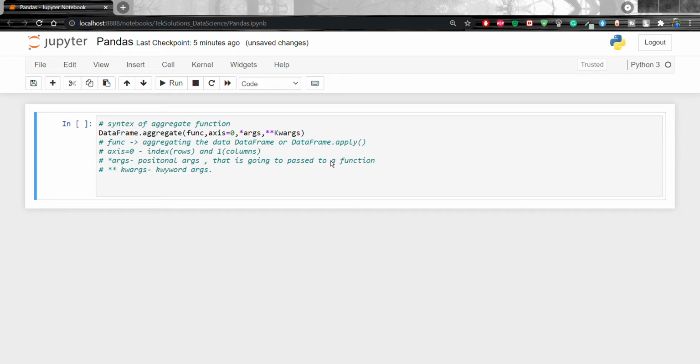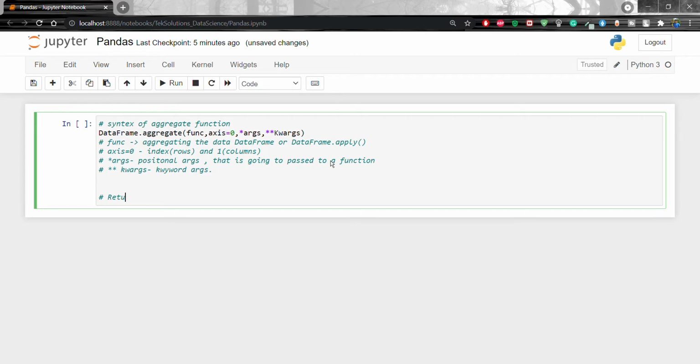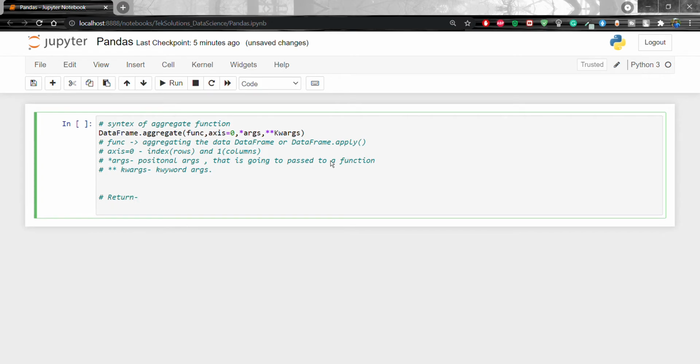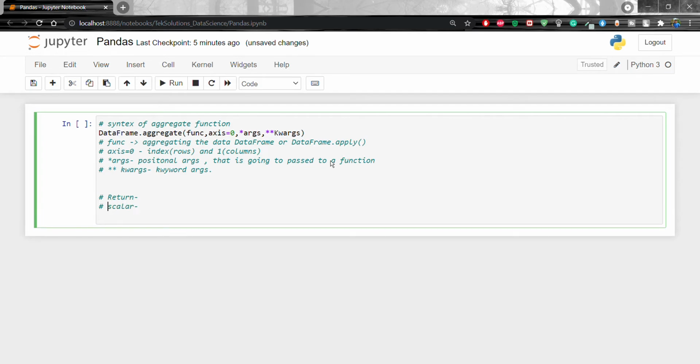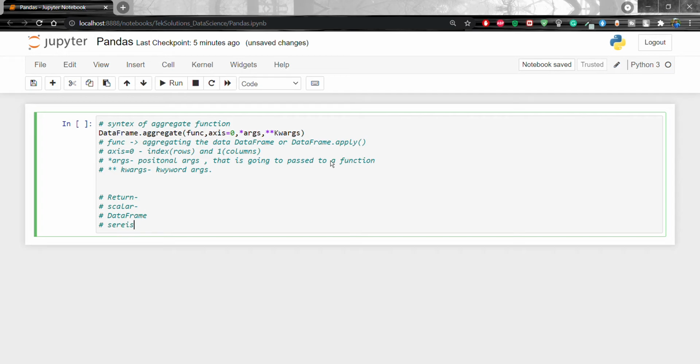So what does it return? It returns a scalar, series or DataFrame. A scalar is returned when Series.aggregate is called with a single function.